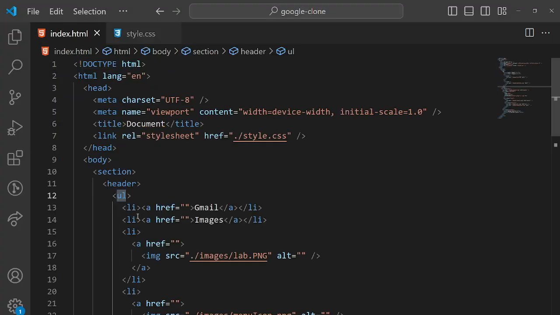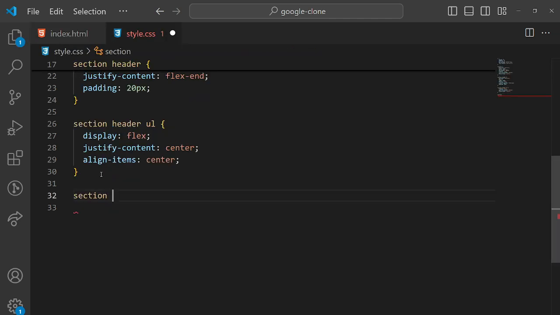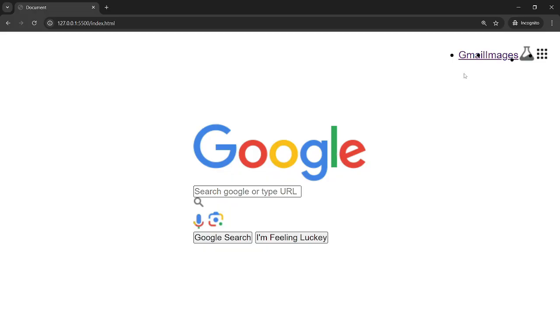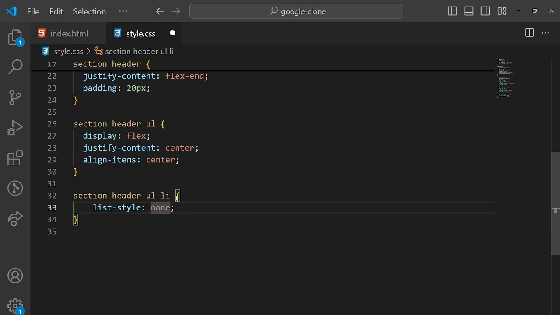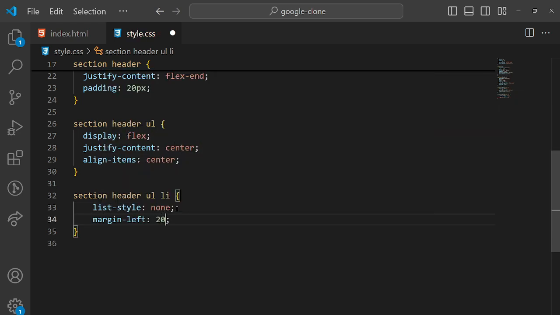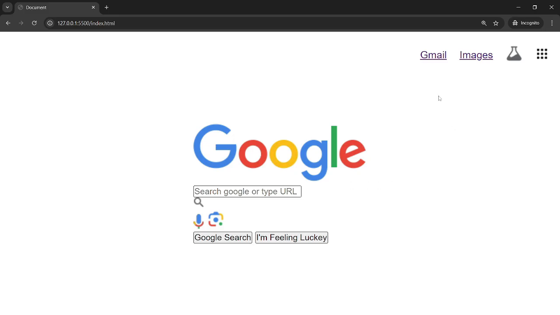Next, go to this HTML file and you can see after this UL we have this li tag, so section header UL li, and inside this li list-style is none. So basically we need to remove this list marker from here. So for that we need to write list-style none and margin-left 20 pixel. Save it and check it.